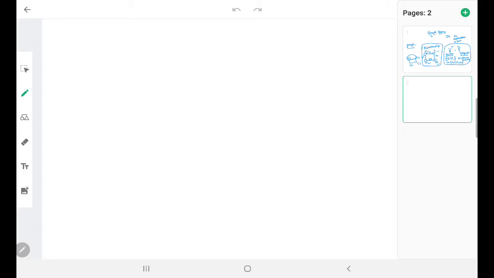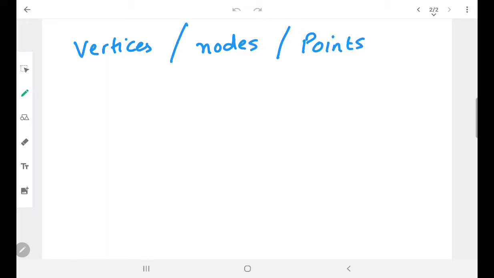Now next, we have different types of graphs, on the basis of directions or on the basis of complexity. I am going to define maybe one or two only for now. First of all, vertices. In some books, instead of vertices, they use the name nodes, or they can use the term points. They all have the same meaning. Edges. In some books, edges are referred to as arcs or sides.